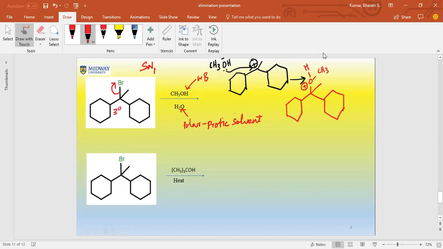Now this is an intermediate. This is another step in the process. Now what happens here is another base that's sitting by somewhere comes and grabs this proton here, okay? And in the process, the bond comes back to the oxygen and gives it that lone pair that it lost. So what happens in the process is, you get your final product, which is,